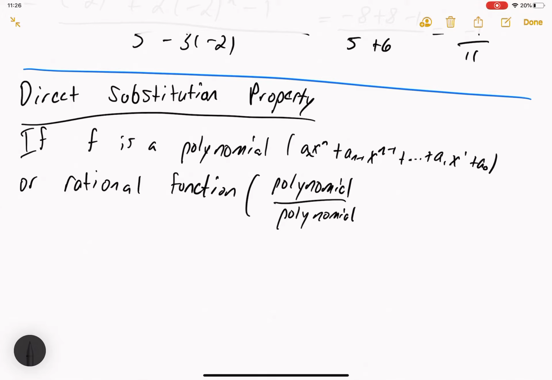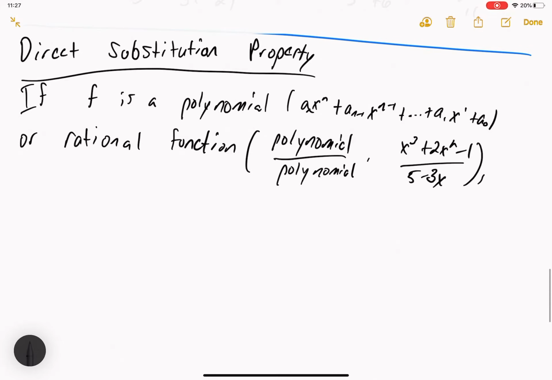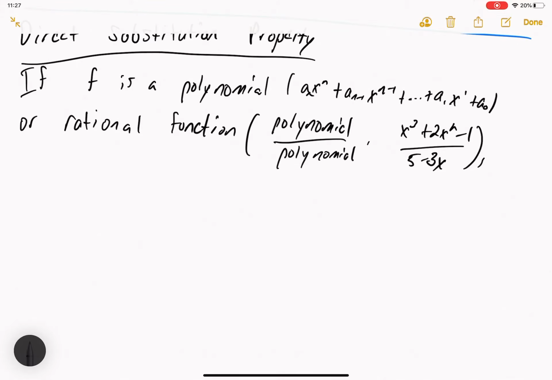So an example of what this might look like is basically the previous example: x cubed plus 2x squared minus 1, over 5 minus 3x. That would be an example of a rational function. Then one more thing we have to specify is, say, if a is in the domain of f,